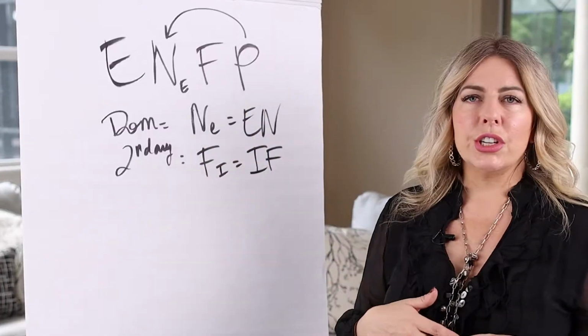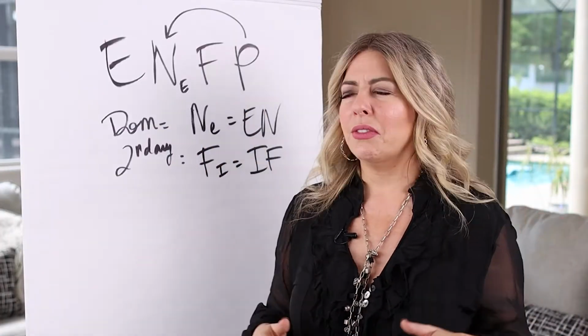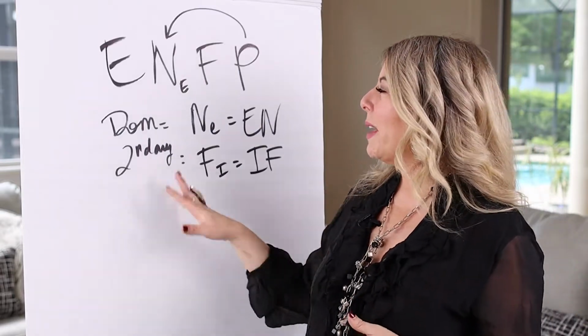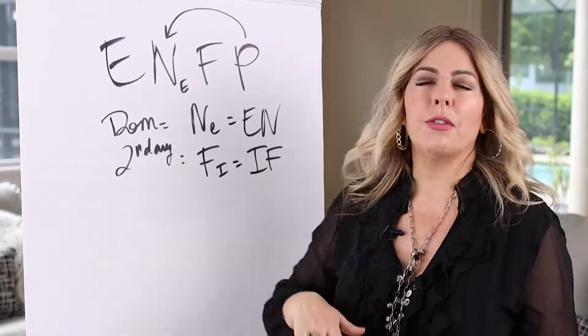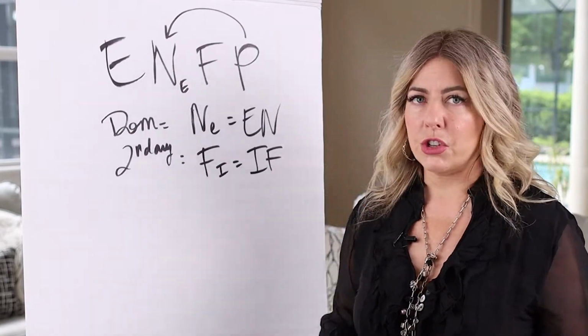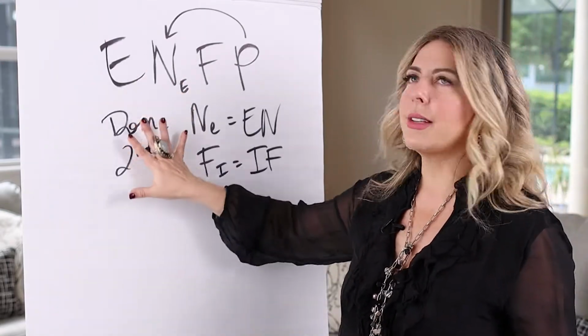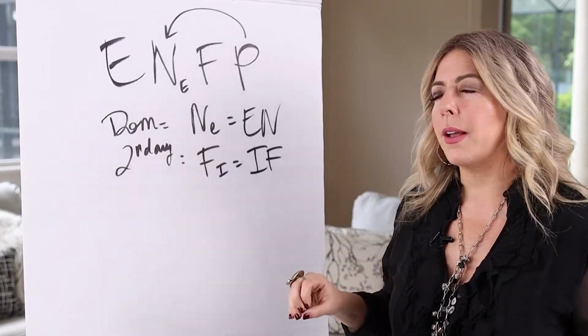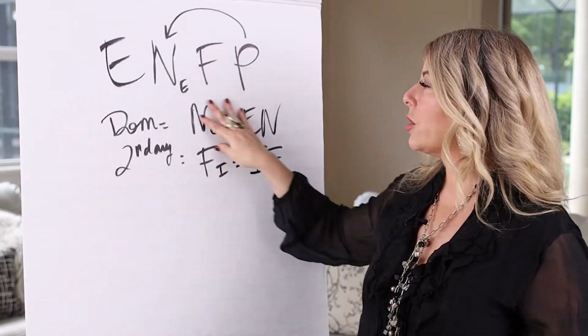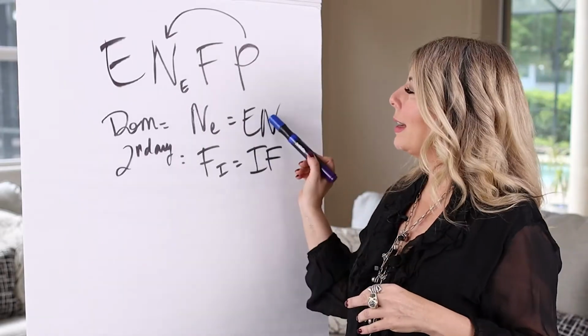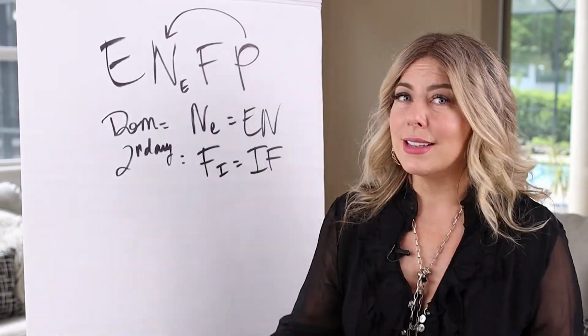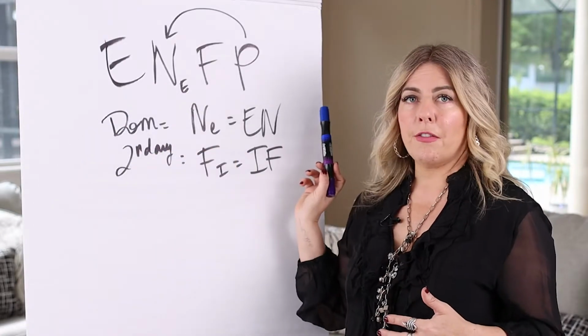Now, there's a tertiary function, which is really complicated to figure out, at least for me. And nobody really uses it that much. It's not that important, I don't think. But if you want to learn more about it, you can search about the tertiary function. But these are the ones I'm going to stick to today. The important thing is to identify your dominant function. And then what I like to do is look at how aligned my life and my business in particular are with this dominant function.